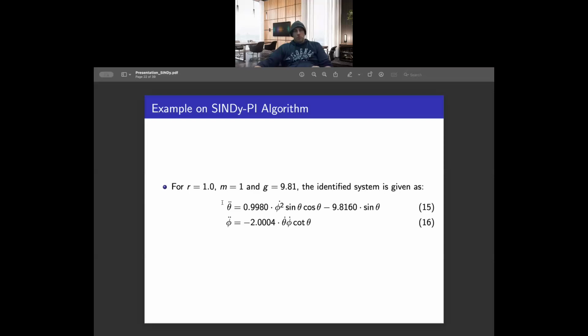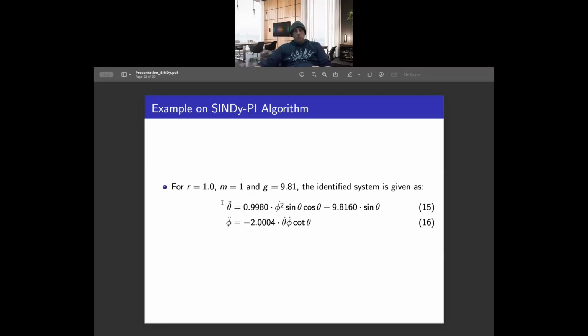And you can see it is almost similar to the dynamical system. But the thing here is about this theta dot and phi dot. What you can see is that for this system, in order to use these algorithms, you should have an idea about the equations. You should have the idea about this library, which function should I include in the dynamical system.